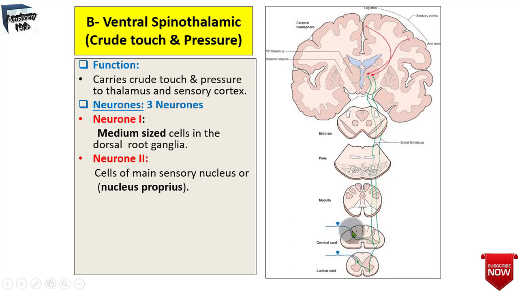So after entering the spinal cord, the axons and the dendrites then ascend ipsilaterally